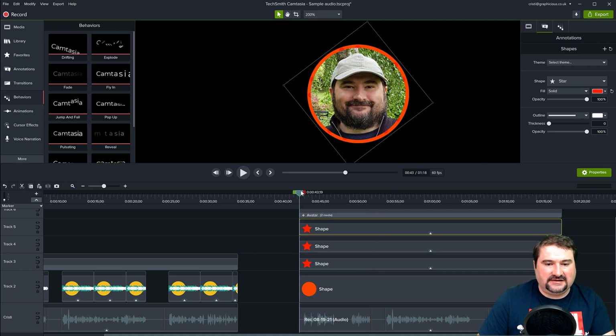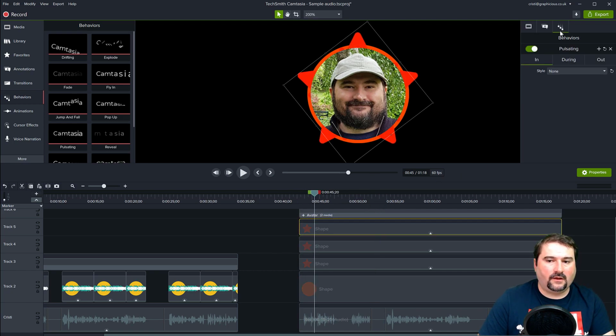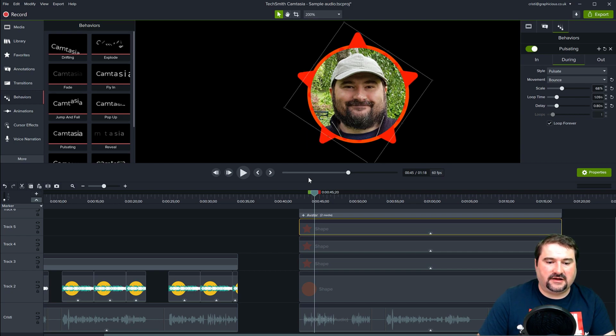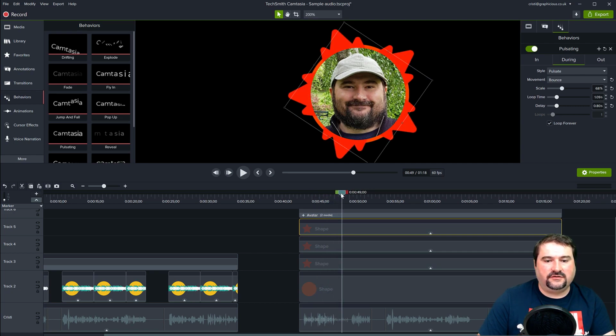Change the delay a little bit. On the behavior, go to during, change the delay a little more, and then change the scale a little differently. And then you rotate it a little bit like that. So then basically you've got like 3 now, but they kind of look the same. So what I want to do is maybe change the loop time a little bit so they go at